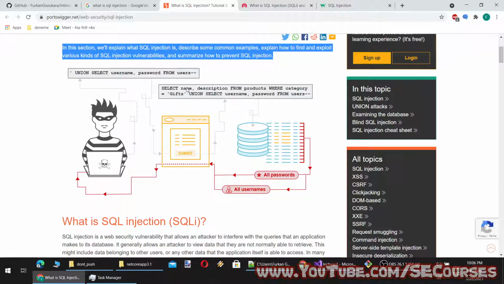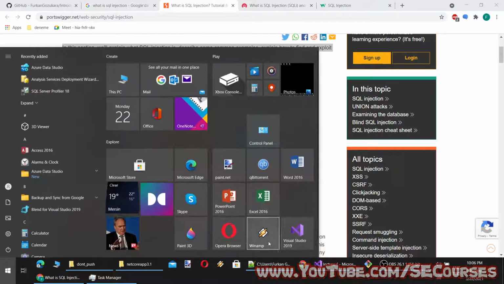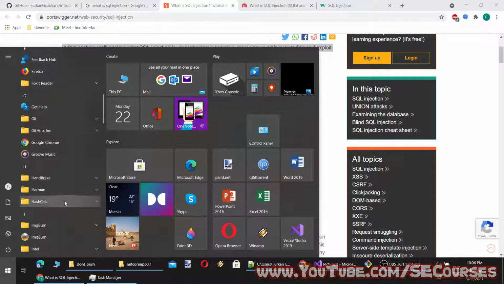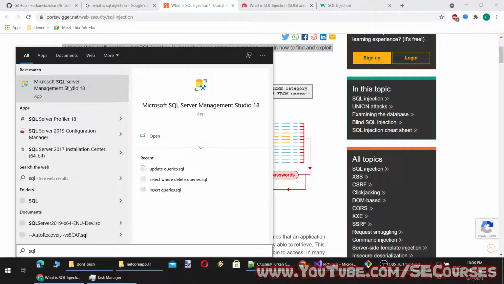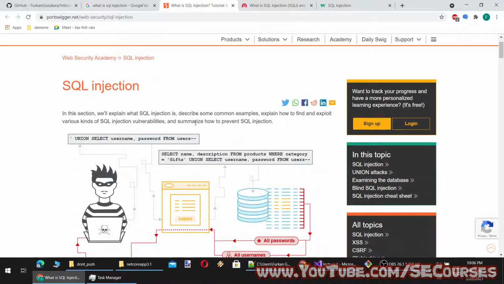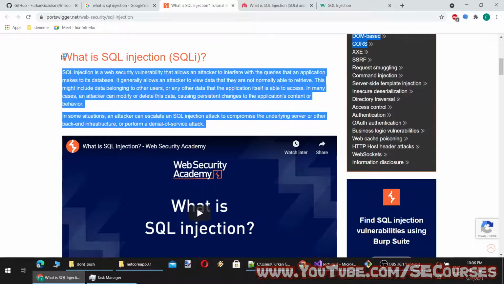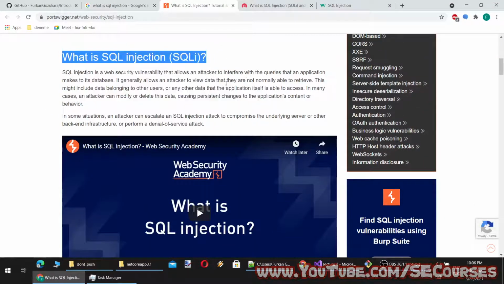Okay, you see the query is here, and actually I will show you this from our database as well. So let me open SQL Server Management Studio. Okay, so let's continue. I will show you what it is and how it can be done. What is SQL injection, SQLi?